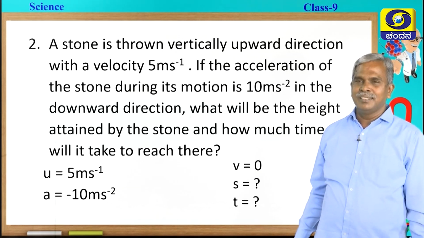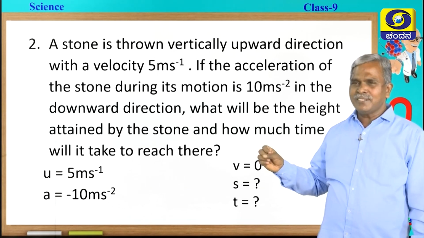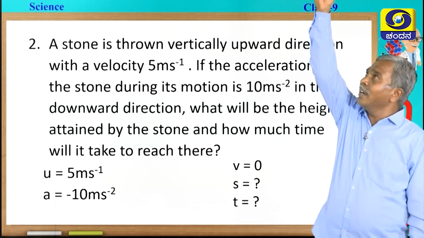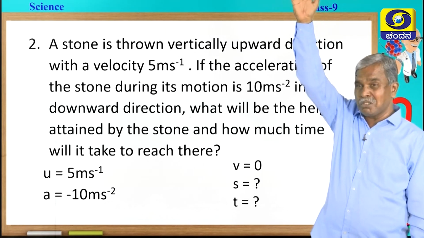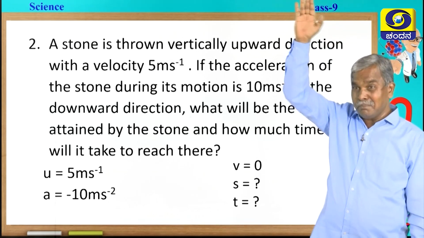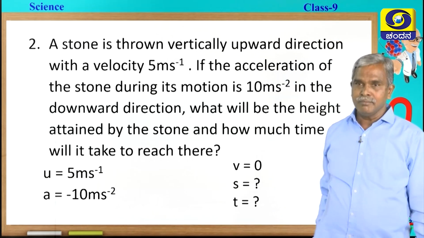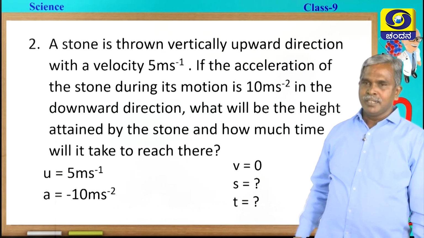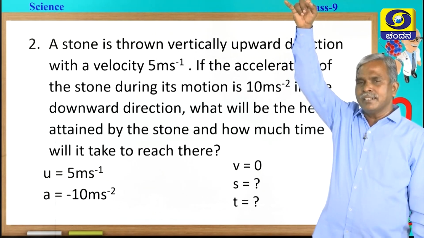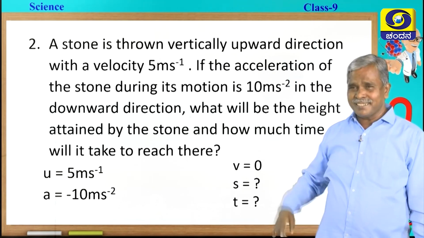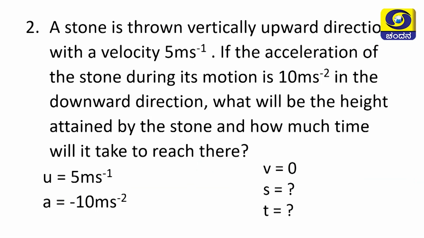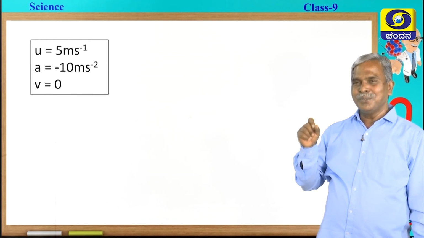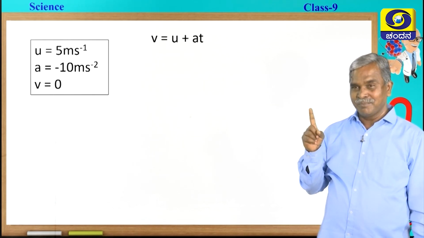Next, v is 0. If the ball is thrown vertically upwards, how long can it go? It can go up to a certain height and ultimately it must stop. So, final velocity must become 0. Then what height is it going to cover? Yes, that you should find. And what time is it going to reach there? Shall we find out s first or t first? Decide yourself, children. But it is better to use v is equal to u plus at first,